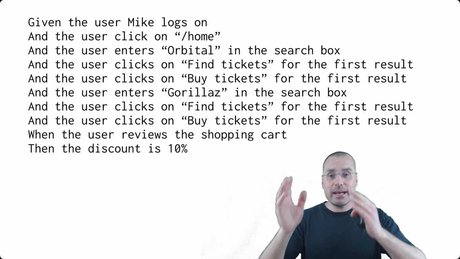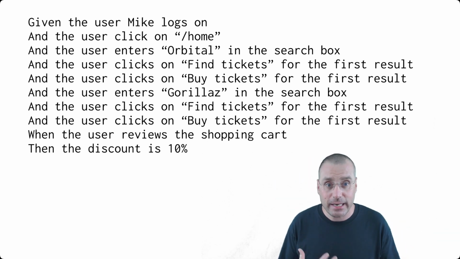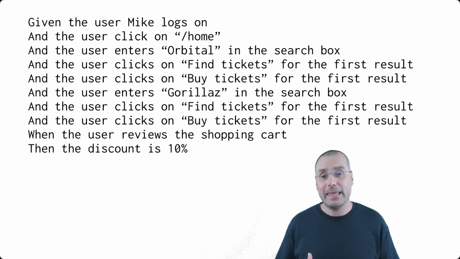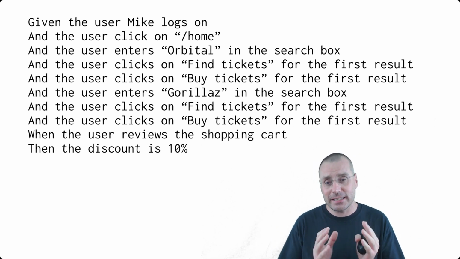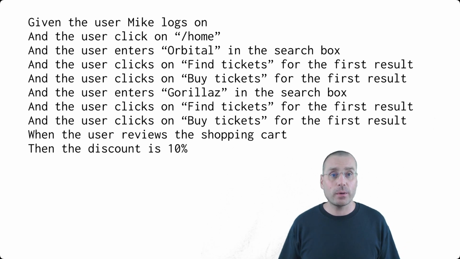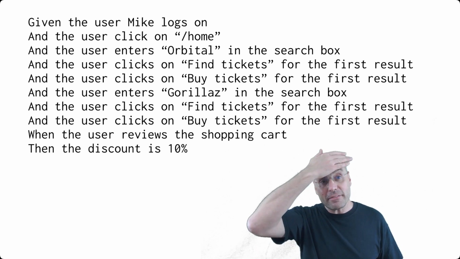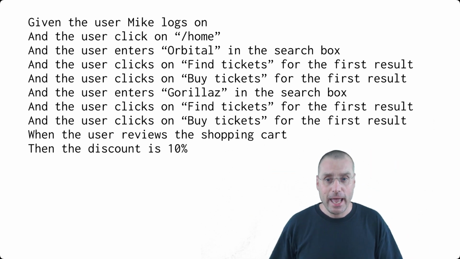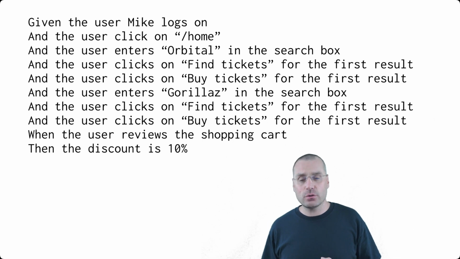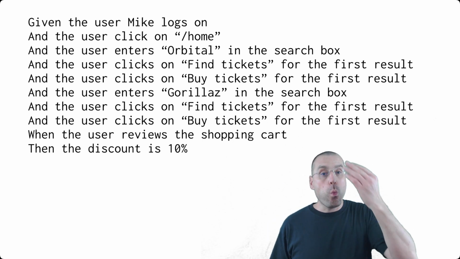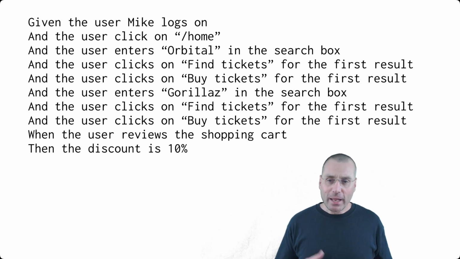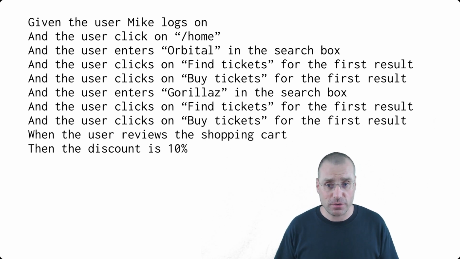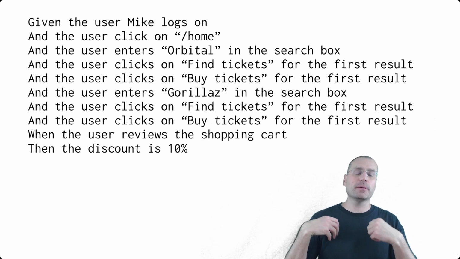I think clearing up given-when-then as a sequence is really good as a first step in clarifying or refactoring test cases, because it helps us start reasoning about whether something should even be here or not. Do I need this, or is it just noise? One interesting thing to think about is, why are we describing "given the user Mike logs on"? Is this important for the process of testing, or